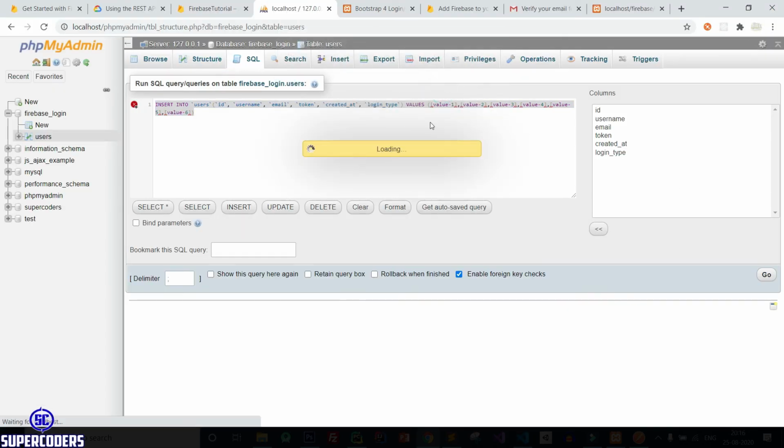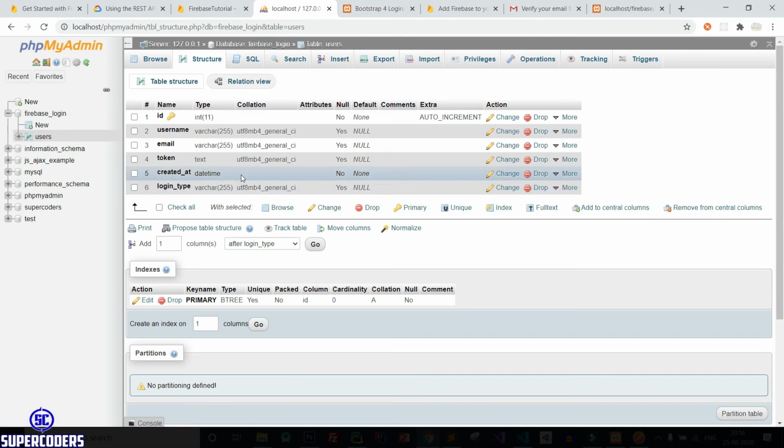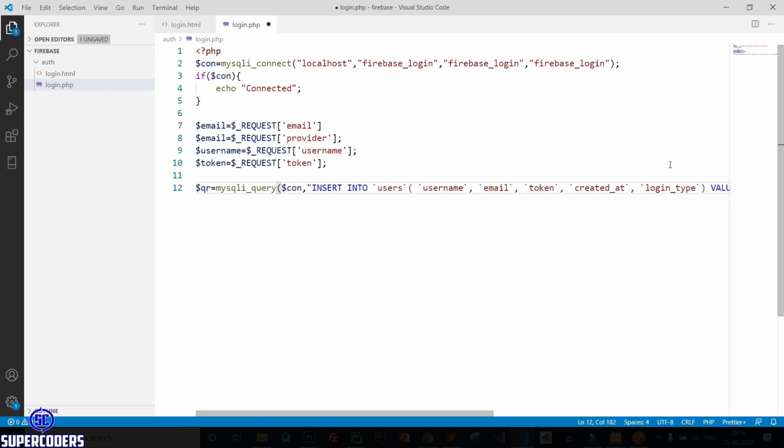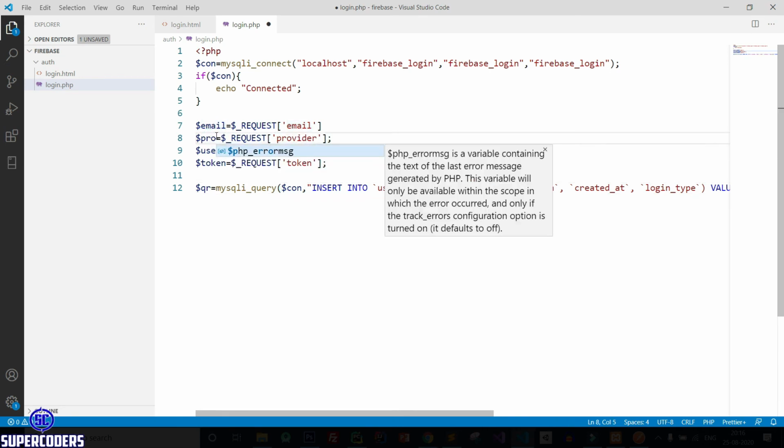Okay, it's datetime, so make it Y-m-d H:i:s. After that it contains login type, so provider.